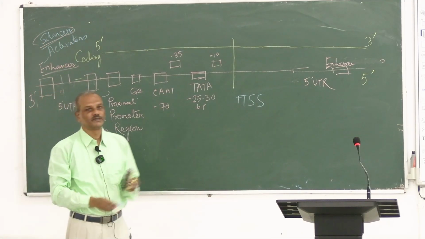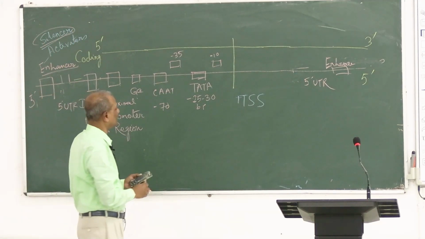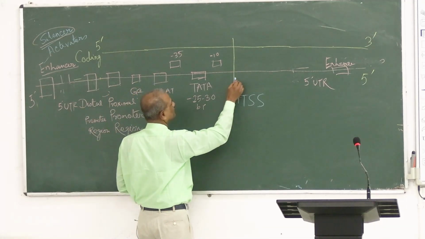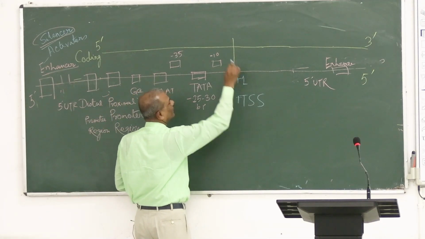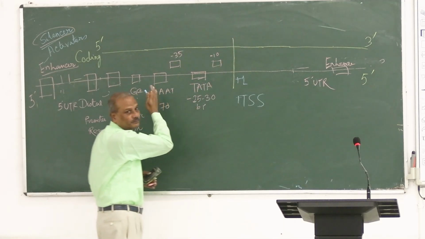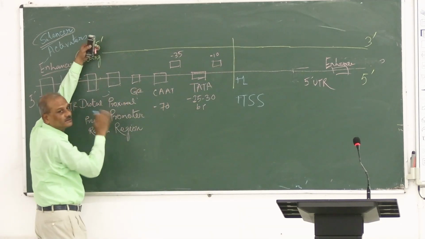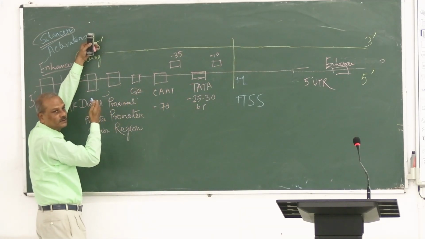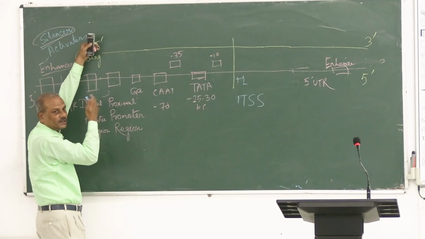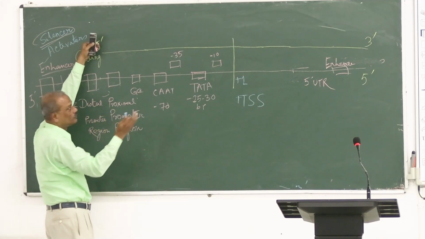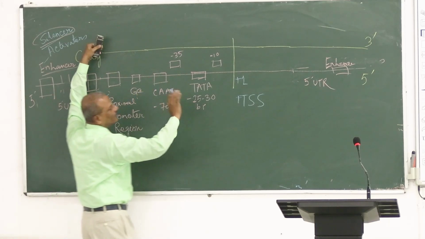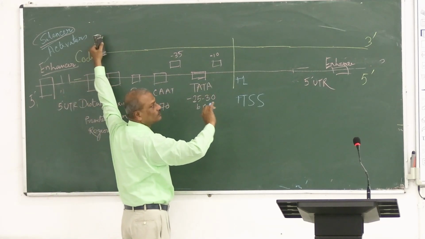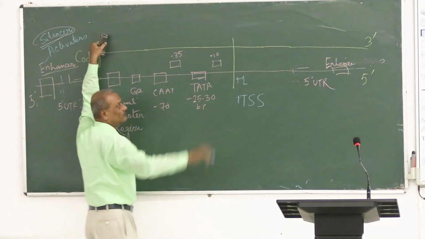See what we have seen yesterday, there is one transcription start site which is +1 basically. This is upstream, the 5' end. This is upstream as if it is close to the starting point of the river. So it is designated with a minus sign, and that is downstream, close to the sea where the river will basically fall.